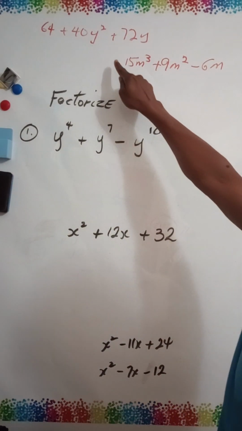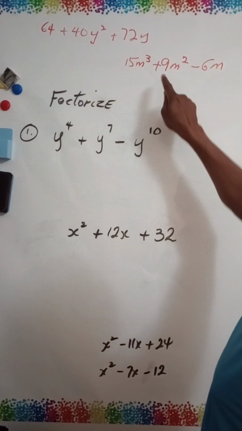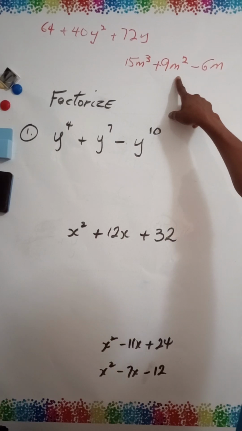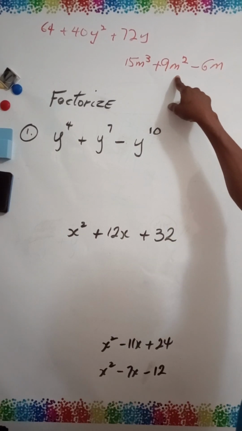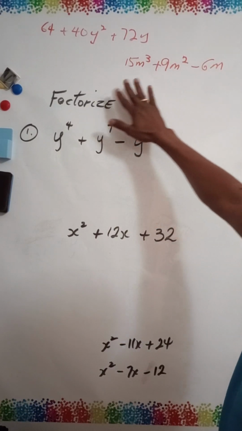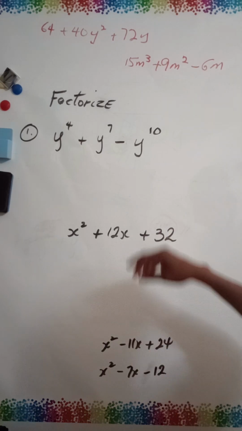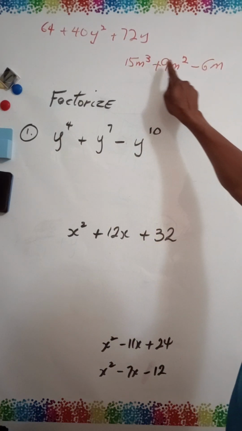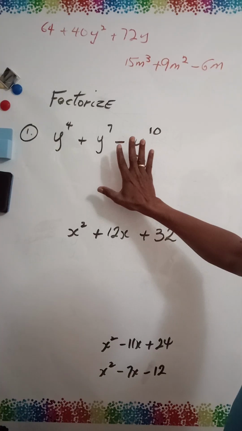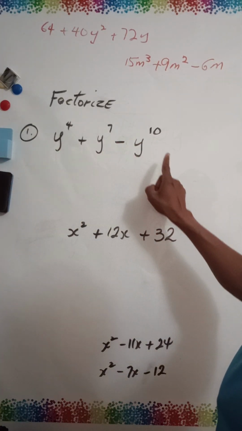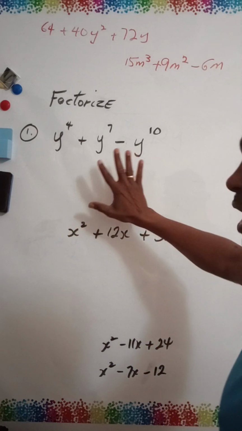Yesterday, when we were here, we were examining these two exercises. And of course, if you look here carefully, each term has an m in it, unlike the first one. What I want to bring to your attention is that the exponents in the m, as you can see, are 3, 2, and 1. I'm just trying to further highlight today what is in existence here with the y's now that are similar